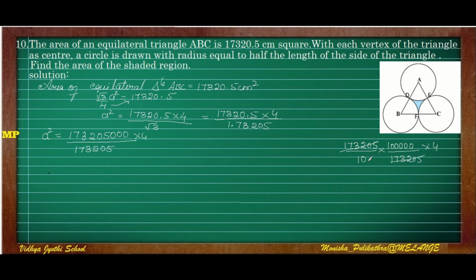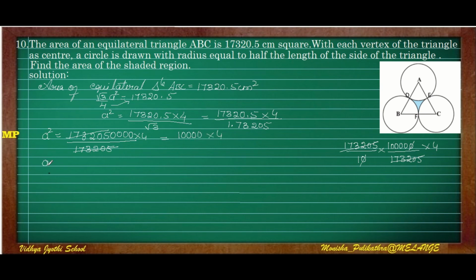So here 1732005 will get cancelled. So remaining 0 0. In this way also we can take it out. So 4 zeros will be remaining, because after 1 2 3 4 5 zeros, 1 zero will get cancelled. In the same way, we have to add one more 0 here. If we multiply it, we have to add one more 0. So here we will obtain 10,000. The same thing I am writing here. The 10,000 will be remaining into 4 is remaining.